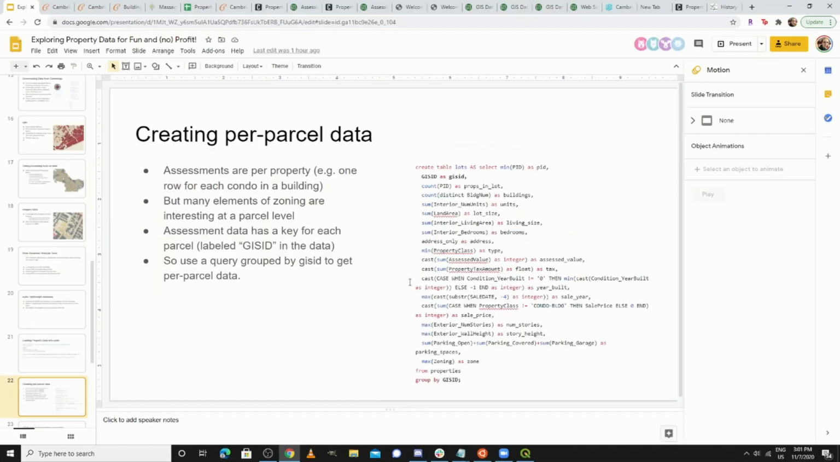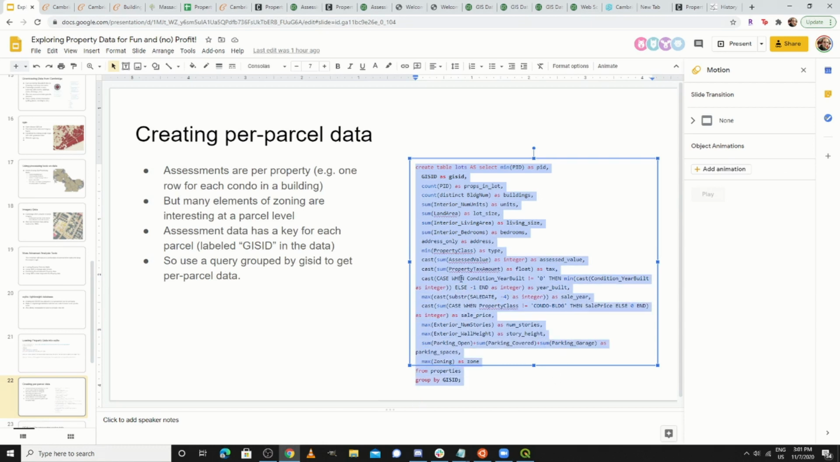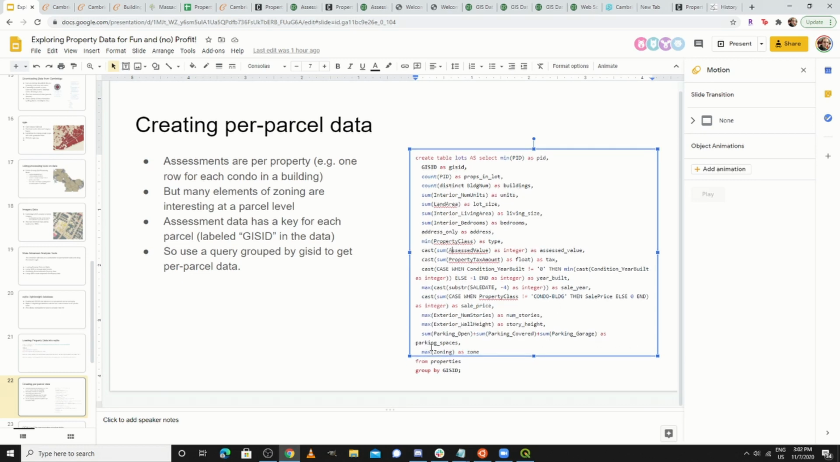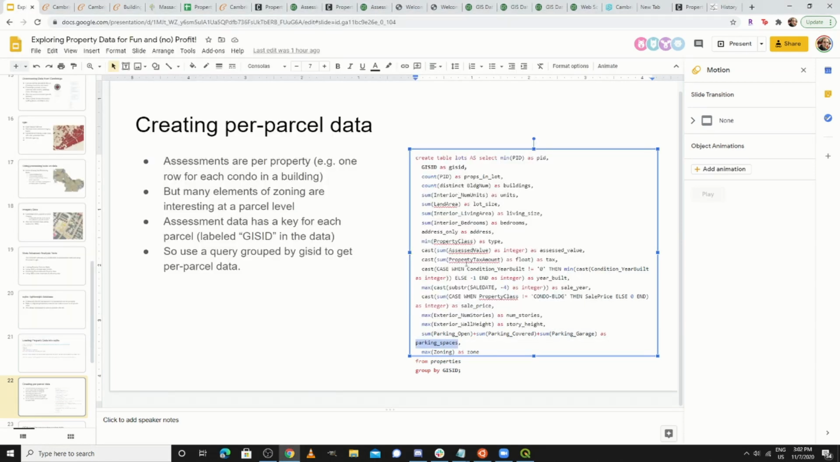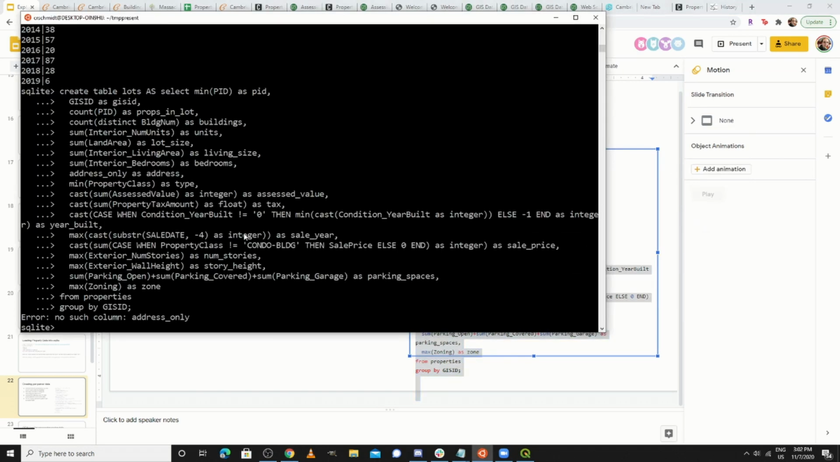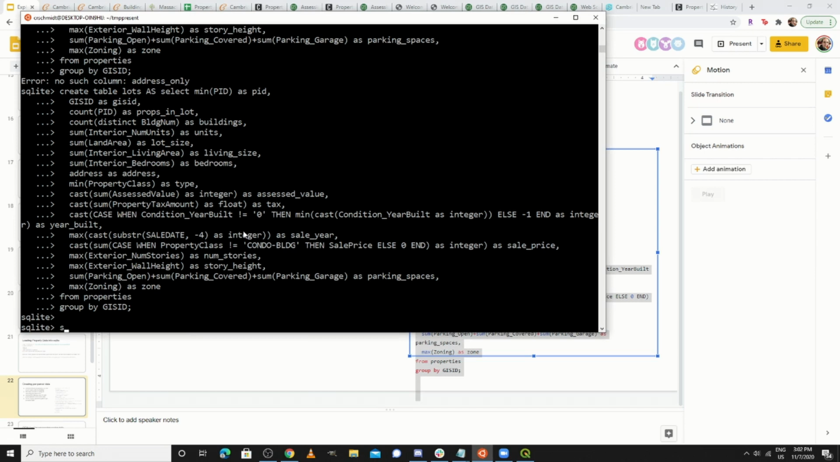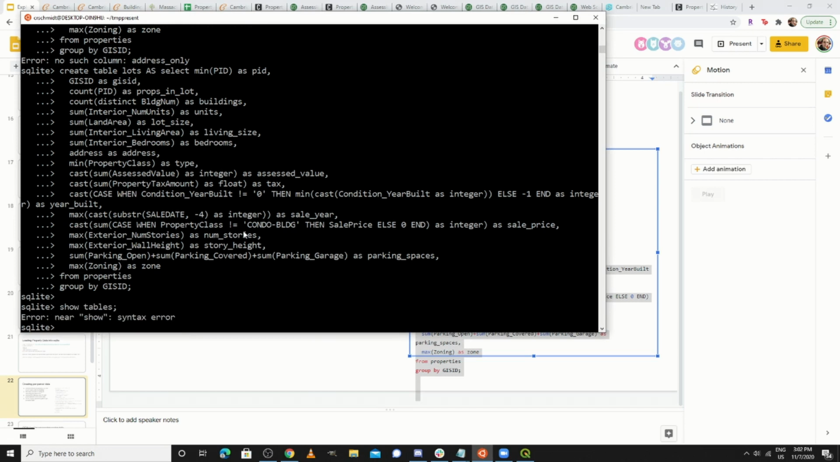So this is just a SQL script that combines the living area, combines the land area, combines the number of units, combines the assessed value, etc., and parking spaces, and just gives me this nice little table I can use. So I can just fix this real quick. So I can run this query, and now show tables, no, the schema of